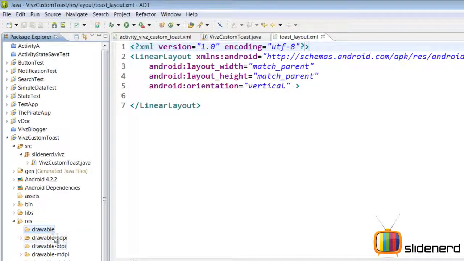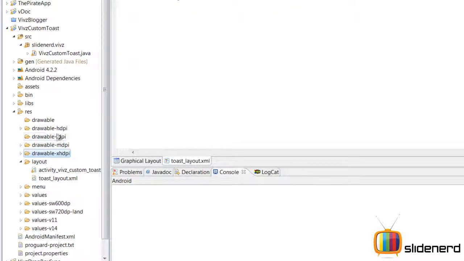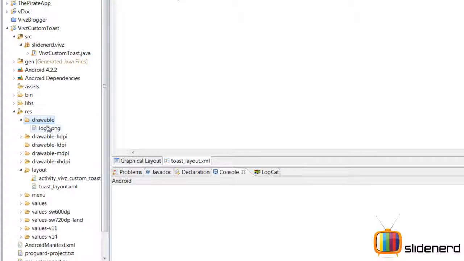Now I could have put the same image inside either drawable SDPI, LDPI, MDPI, or XSDPI. These are nothing but basically the same drawable folder with qualifiers attached for different types of device density screens, right? So here I'm making this general drawable folder which will apply to all configurations. That is, any device with SDPI or MDPI or LDPI is going to use the same image. So I'm going to make a common drawable folder. Inside this, let me actually paste that image which is called logo.png. Okay, so at this point, if you see inside my drawable folder, there is my logo.png.